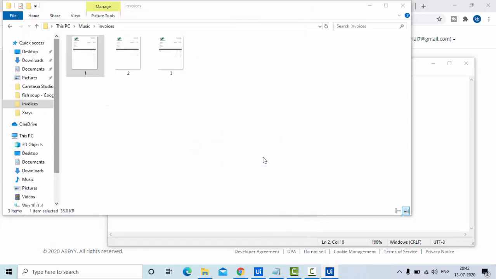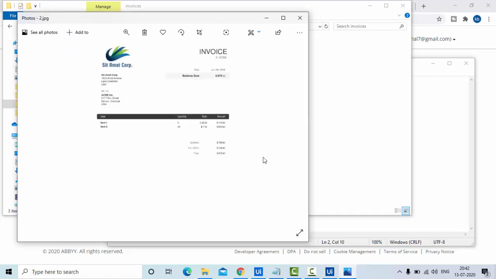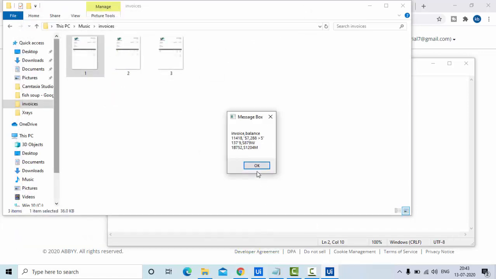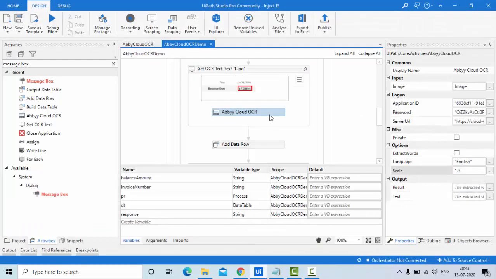Okay, much more decent now. 1.3, isn't it? Now you can see more or less close to the actual value we are getting by OCR, but still it needs a lot of trial and error. Let me use 1.5 here.